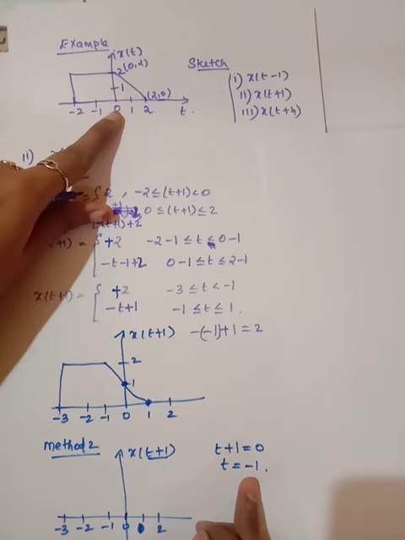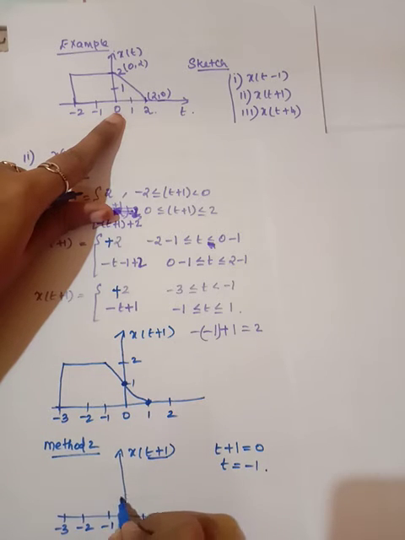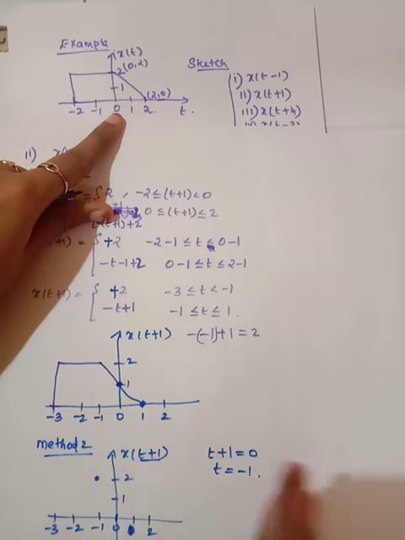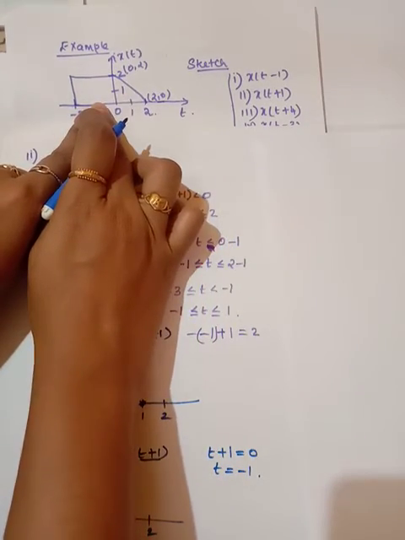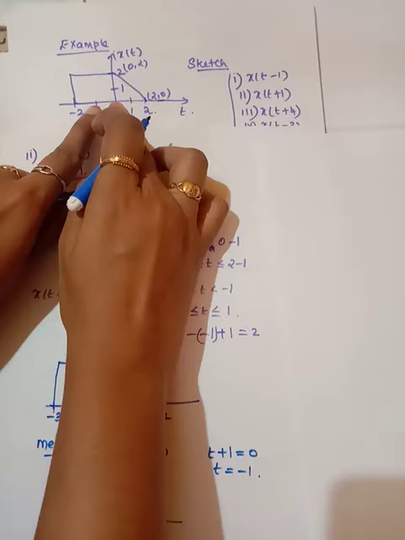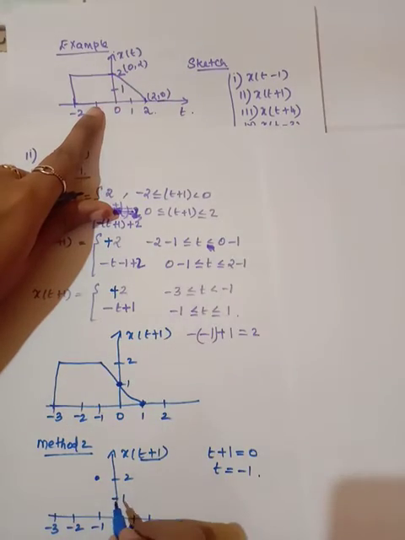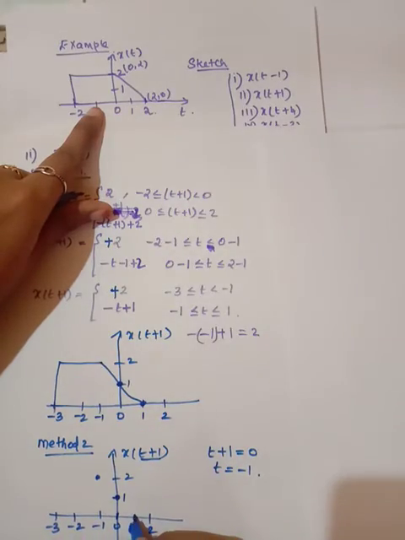Now where you are having t equal to minus 1, there you should have your origin value. At the origin the value is 2, so at t equal to minus 1, I should have the value 2. That I need to shift it. So the remaining values will shift towards left. When 2 comes to minus 1, the value 1 will come to the origin now. Next, the value 0 will come to 1.